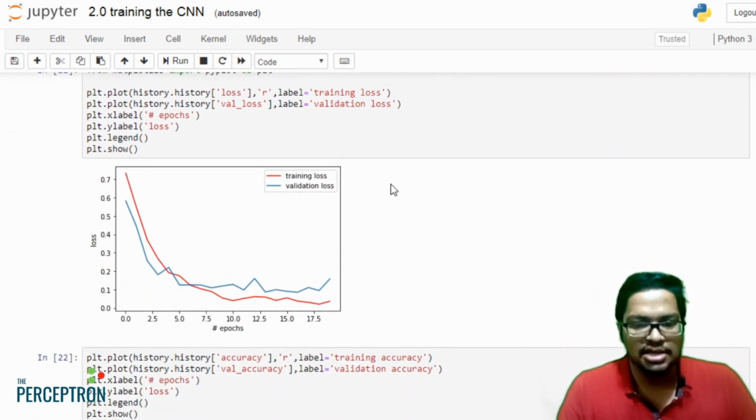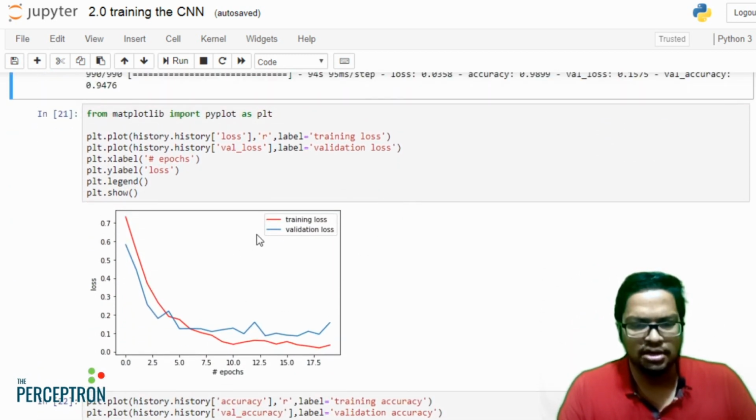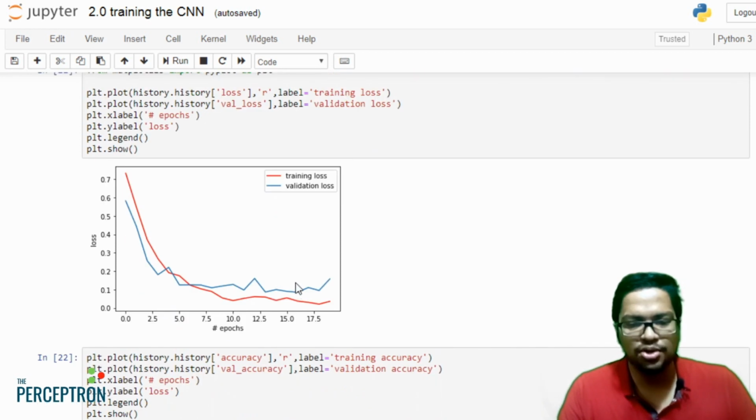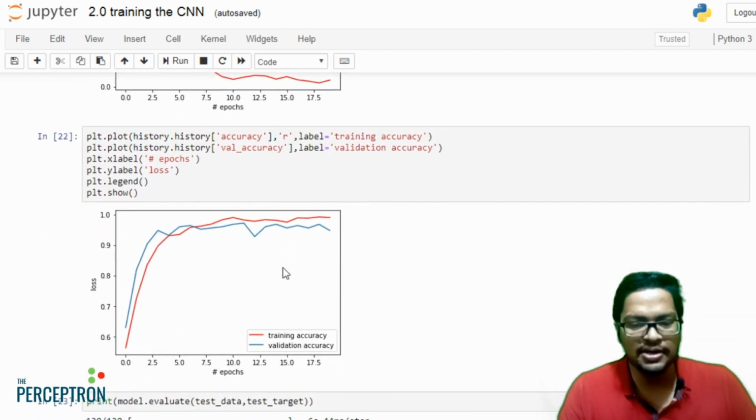So then these are the graphs, for the loss, the validation loss and the training loss. So you can see this shows some signs of overfitting, but I think we can use this since it's trained well, but not the best. But we can use this, I think. And this is the accuracy.